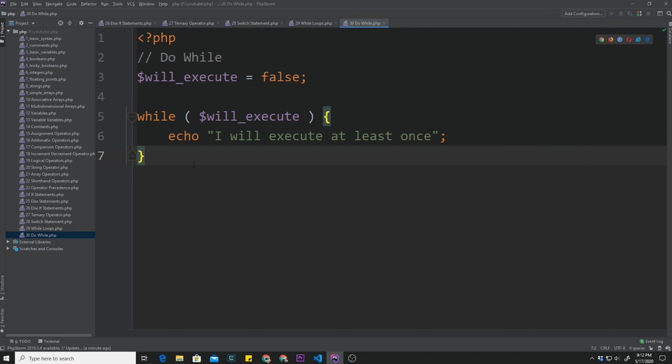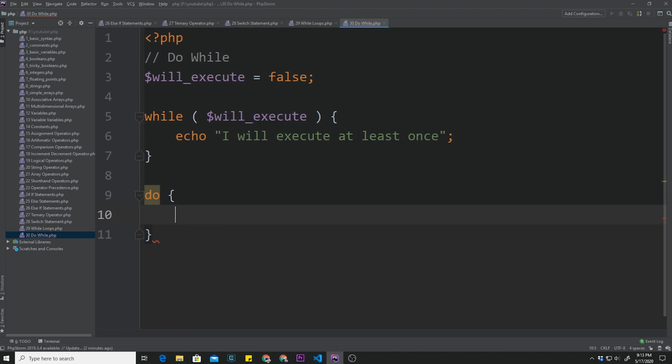But what happens when you need a statement to execute at least once? You can try to introduce another variable before the while statement and execute it once, or you could probably do countless other options, but PHP has a loop that works perfectly well for that, and it's called the do while loop. It will execute the code inside the do statement at least once, and will continue to execute it while the statement is true. So the do while structure is basically written like this. So do something while